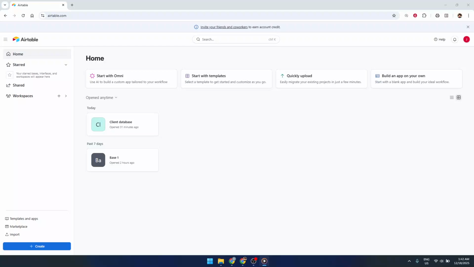In today's video, I'm going to teach you how to print from Airtable. If you've ever needed a clean physical copy or a PDF of your Airtable data, but weren't sure how to get everything looking neat and readable, this walkthrough is for you. We'll go from choosing the right view all the way to sending it to your printer or saving it as